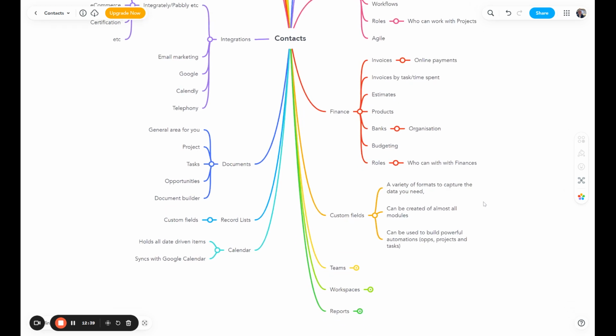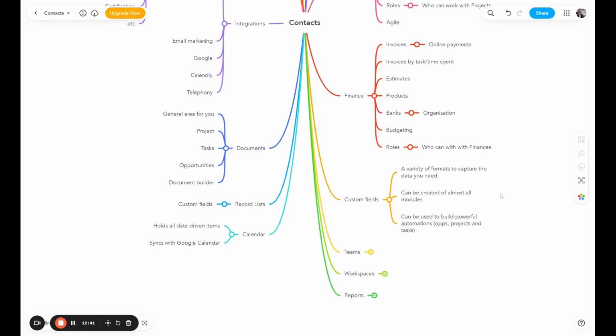Custom fields. Custom fields got to be my second favorite thing about Flowlu, because it's like the secret sauce, the magic power of the combination of automations and custom fields. First of all, custom fields is all about capturing the data that's relevant for your business to serve the contact. Okay, that's number one. Number two is the content of custom fields can be used as triggers for an automation,